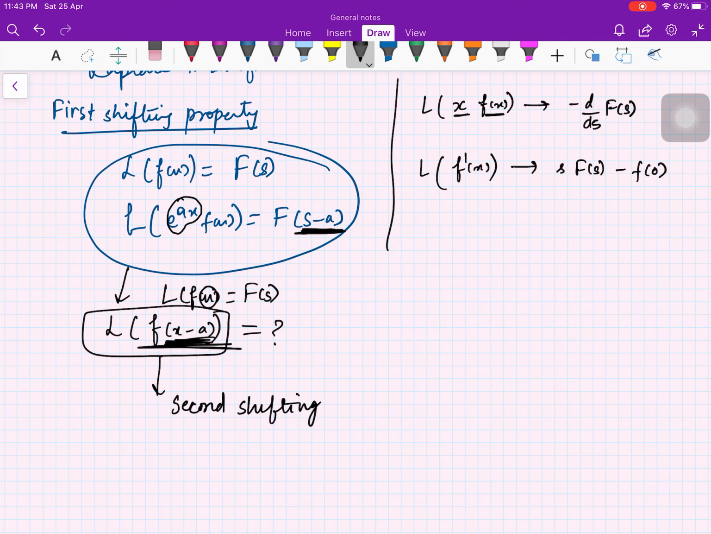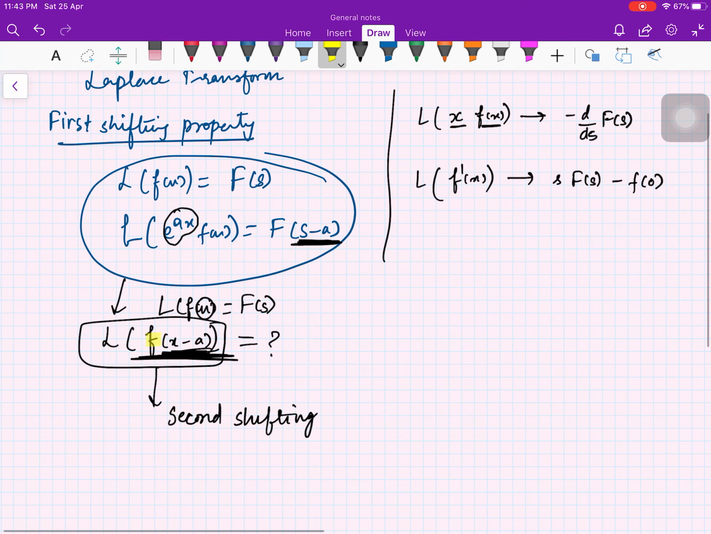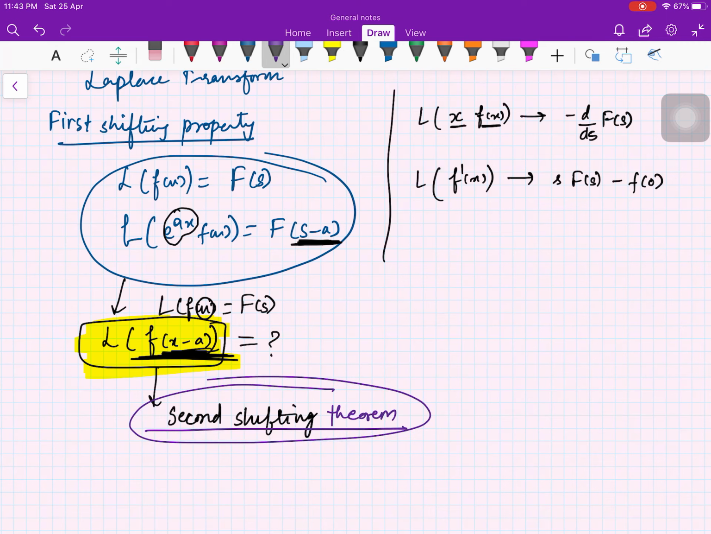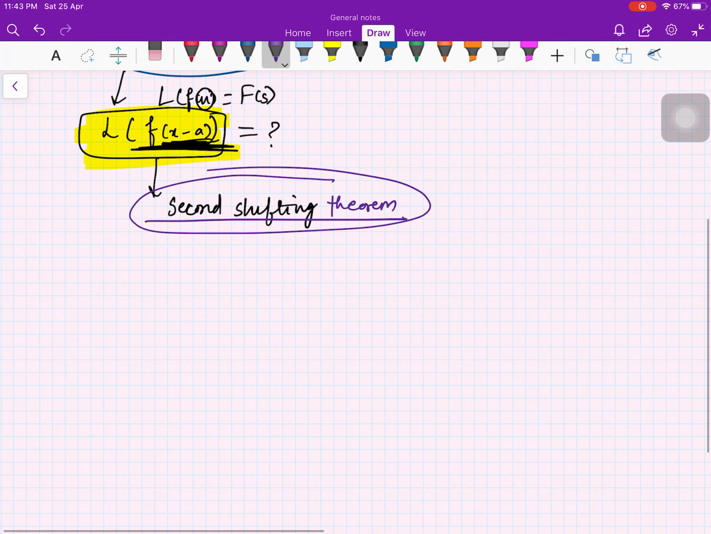Okay, the answer to this question lies in second shifting theorem, and we'll see that not exactly this term will appear when we'll see the second shifting theorem, but something like this will appear, and that will answer our things. So that is the idea of why we are going towards second shifting theorem. Okay, now before I write the statement for second shifting theorem, I need some background, so I'm doing that right now. So the first thing which we need is called a unit step function,